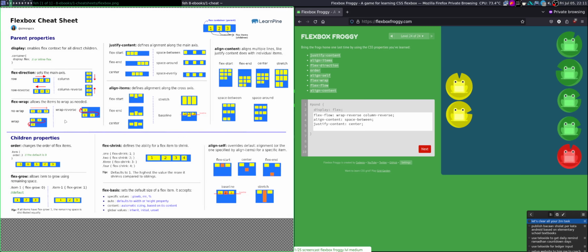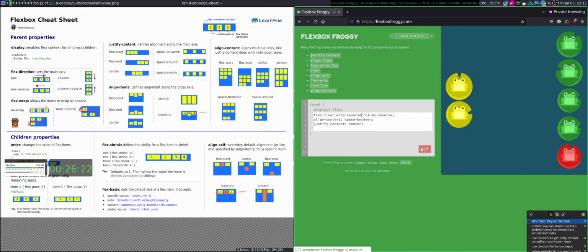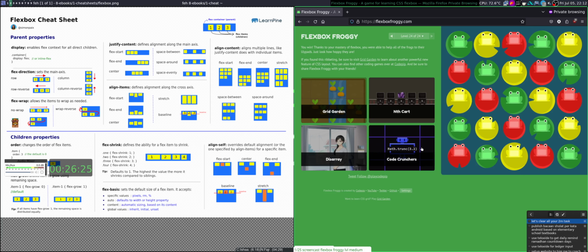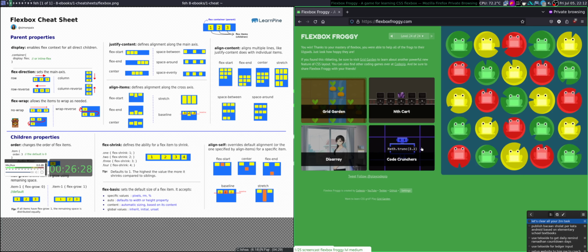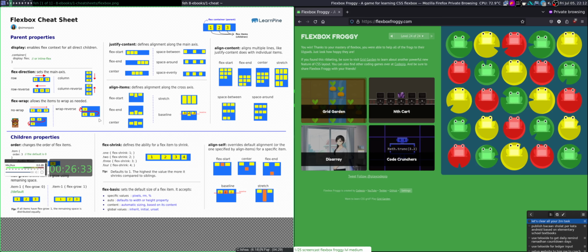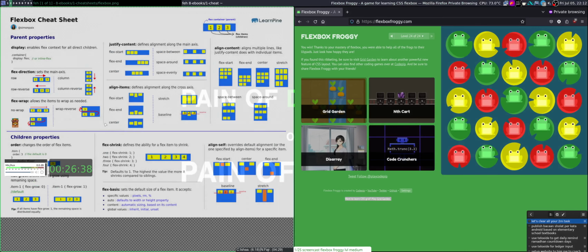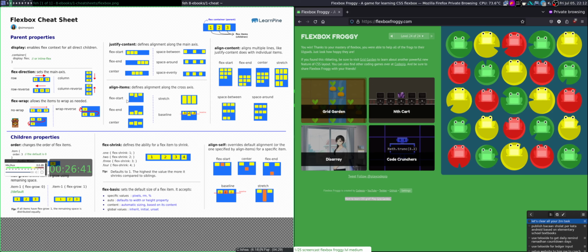So wrap is the default, 1 to 3. If I wrap, the overflow will move to the new line. But if I reverse, the overflow will move to the top. Okay, that's it. Thank you everyone for watching. Sorry, I forgot this last one, reverse. Actually, yesterday, besides that I was using the beginner one, I was opening this flexbox, so I think that's why I forgot that one.